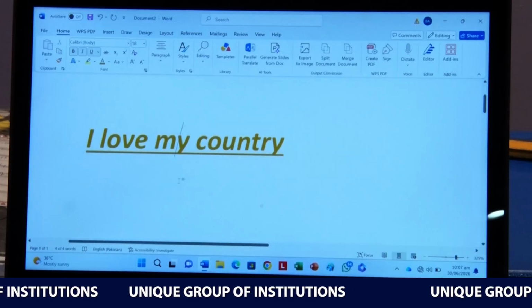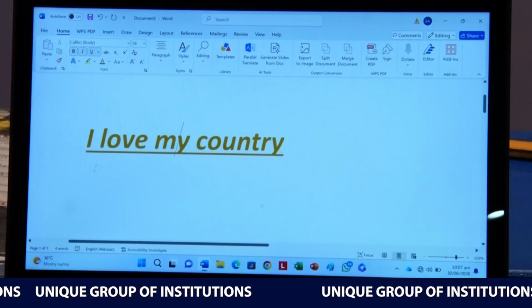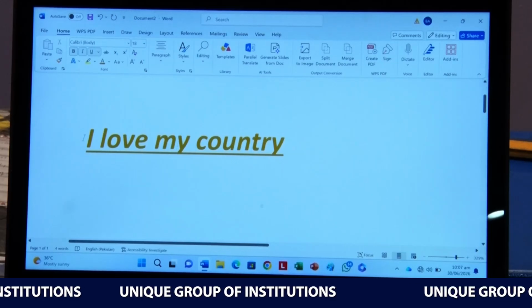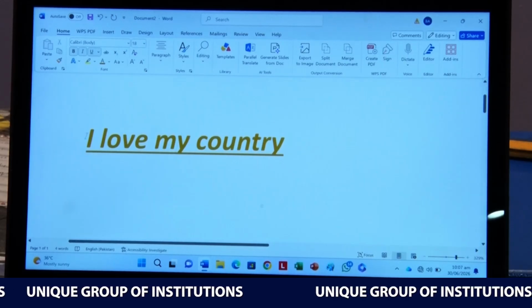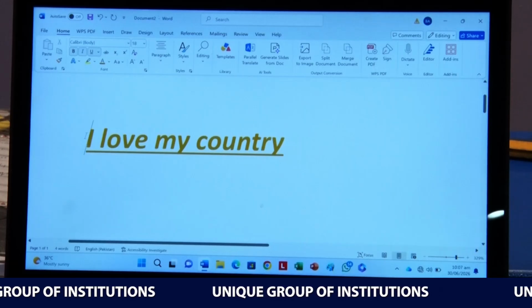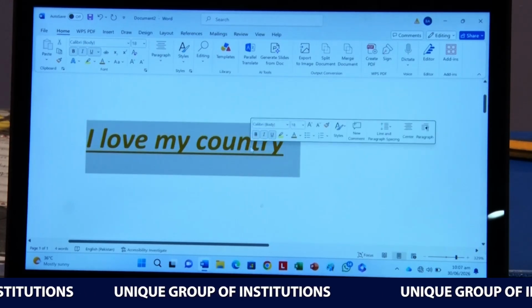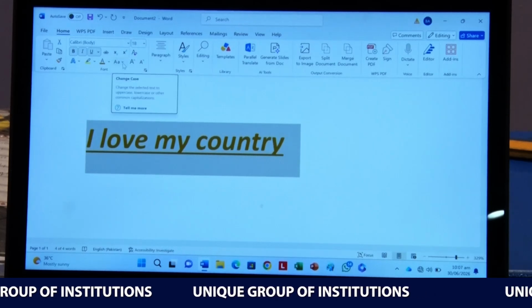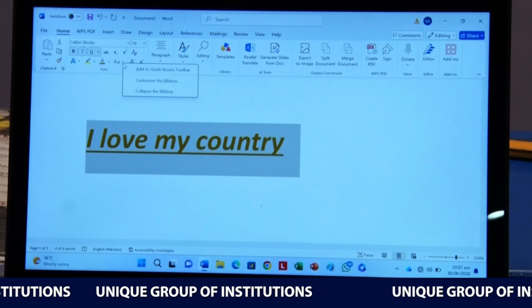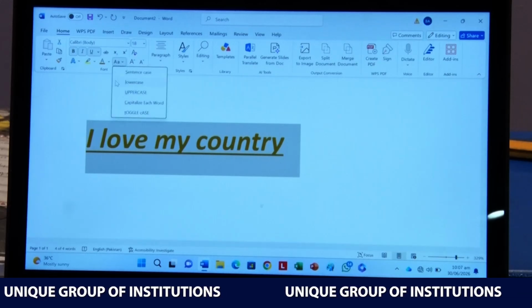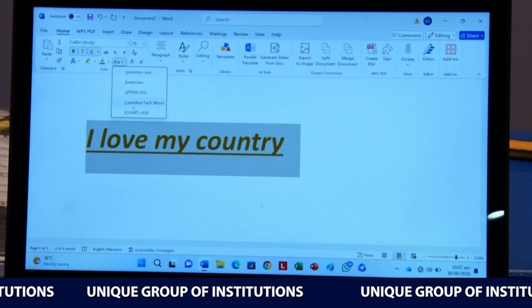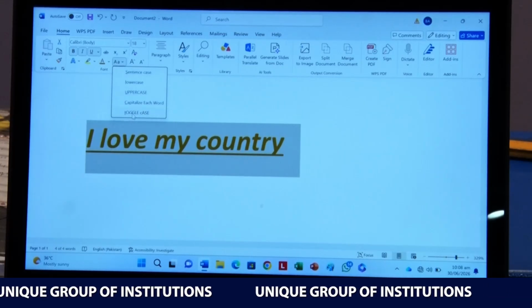Now open your page 25. You learn how to change case. For this purpose, first of all you have to select the text, and there is change case. There are cases: lowercase, uppercase, capitalize each word, or toggle case.